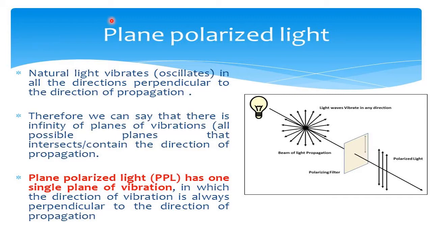See here, it is a light source which moves in all the planes, but when it is moving via the Nicol prism, now you see the movement. Here you see the movement, here you see the movement. So here light is vibrating in all the planes, but here it is vibrating in only one plane. So this is called light polarized. Plane of light is polarized. So it is called plane polarized light.